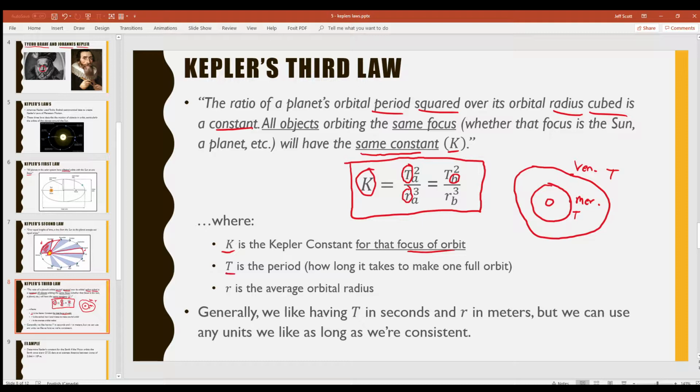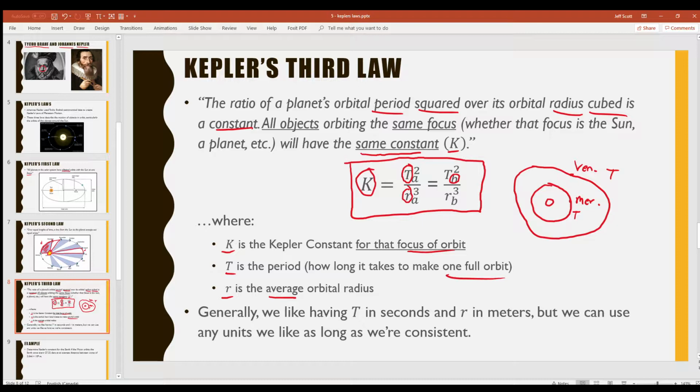T, of course, is the period. That just means how long it takes to make one full orbit. And R is the average orbital radius. It's important to note average because, like I mentioned earlier, these orbits aren't perfect circles. They're ellipses. So there's times where we're closer to the thing causing the orbit, and there are times where we're further away from that object, that focus, I should say. R is just the average, right? And that's always what I'll give you. I'll always give you that average orbital radius, or you'll be expected to find the average orbital radius given every